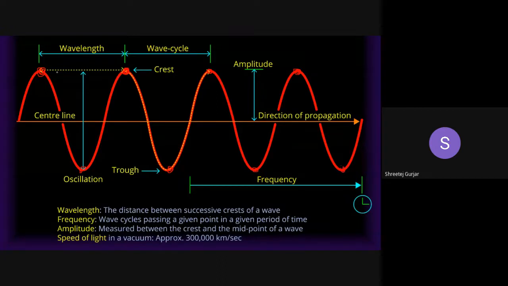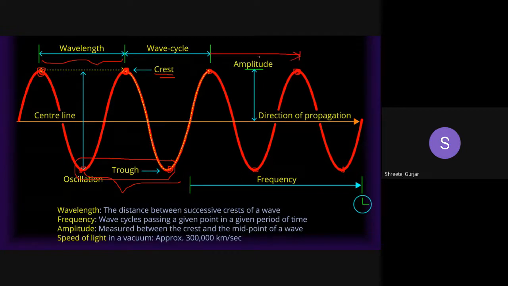So when you measure the distance between two consecutive crests, you can see here, this is called the wavelength. Or also between two troughs, you can measure the wavelength. Not just any random points, but two side by side crests or two adjacent troughs, right? So this can also be the wavelength. Usually wavelength is represented by this term called lambda, if you remember. All of these I've explained previously also in your third semester. This is just a revision.